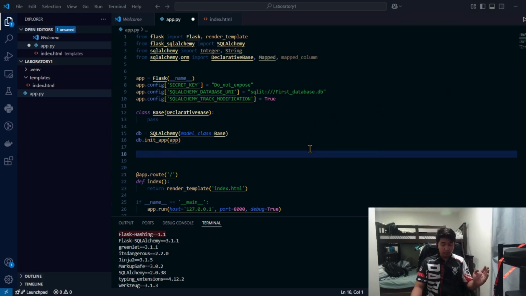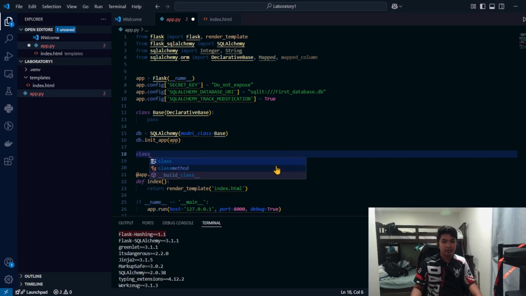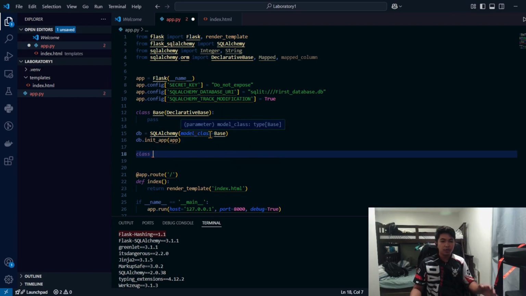Now, to make a table or entity in our database, we must call a class.